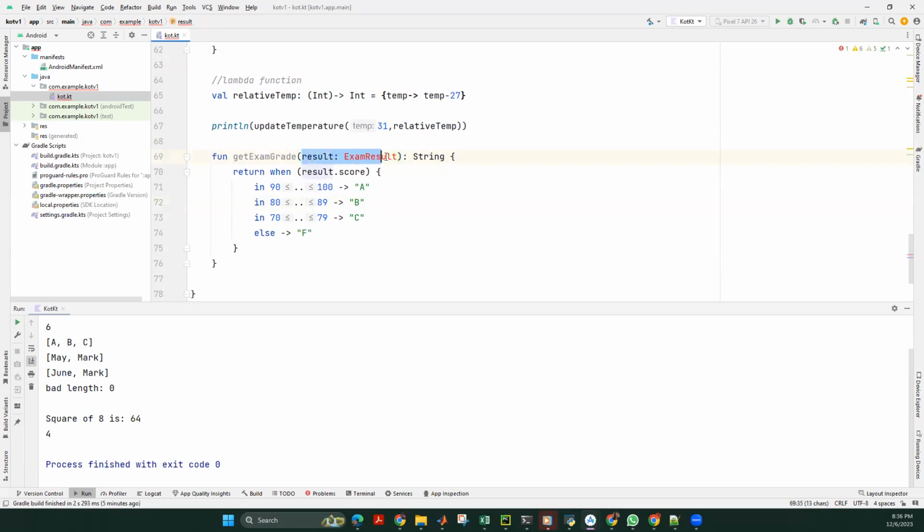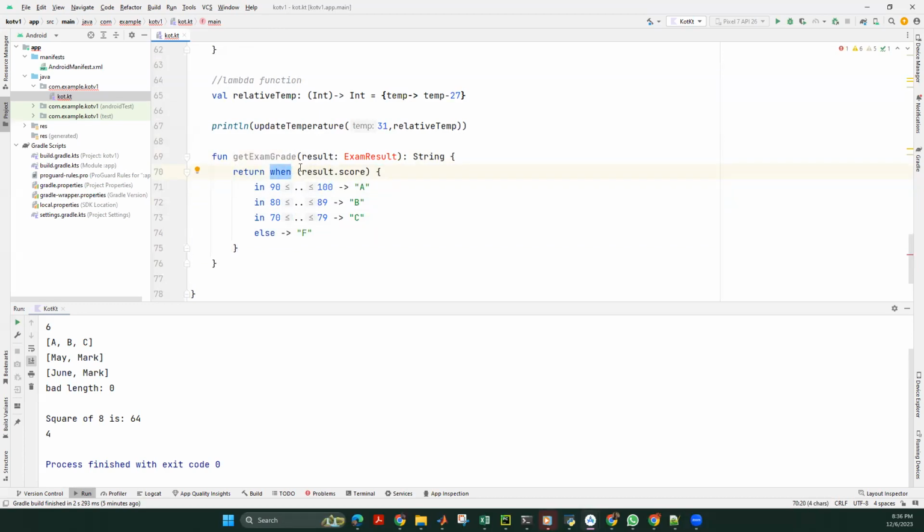We will assume that we give a certain input parameter called result, and that result contains some value called score. Based on this result score value,